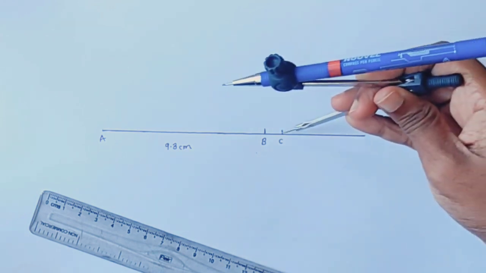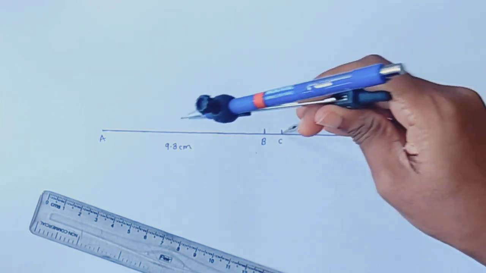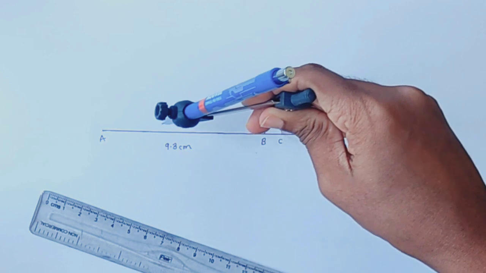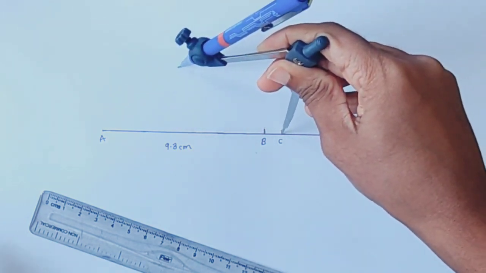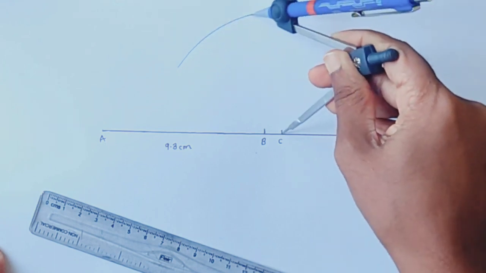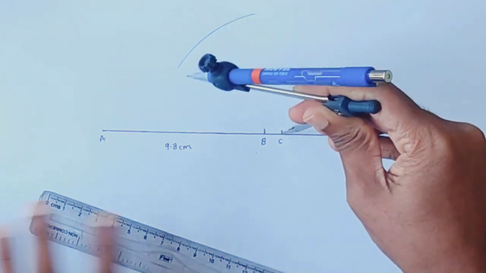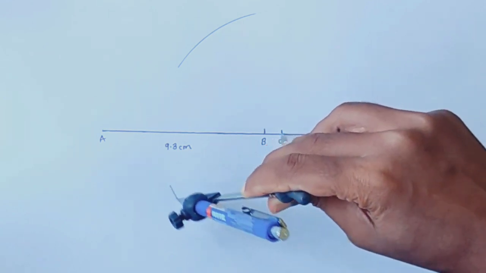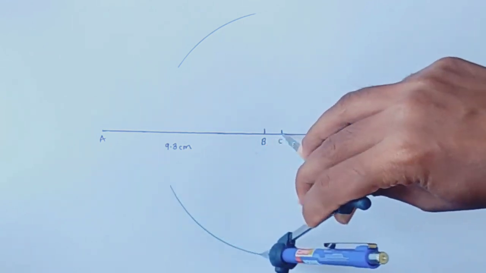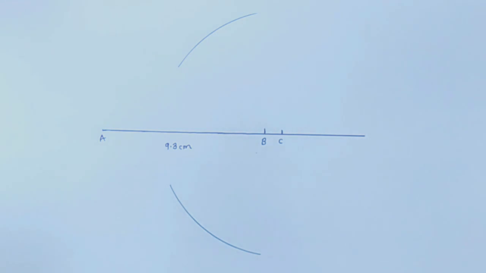Here AC is 10.3 centimeter. Half of AC is 5.15. We have to take more than half of 10.3, meaning more than 5.15. We can take 6, 7, 8, your wish. But you have to take more than 5.15 and draw a perpendicular bisector